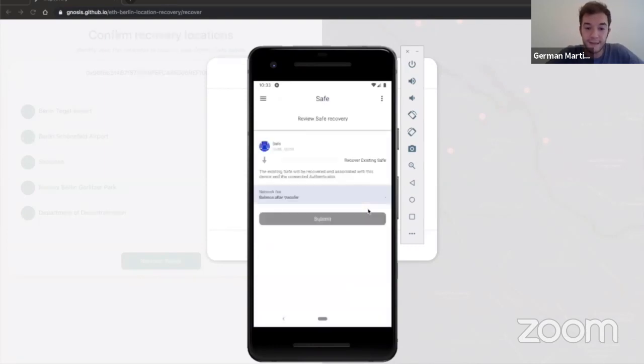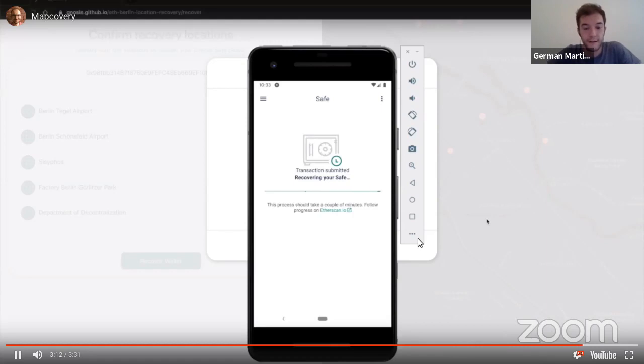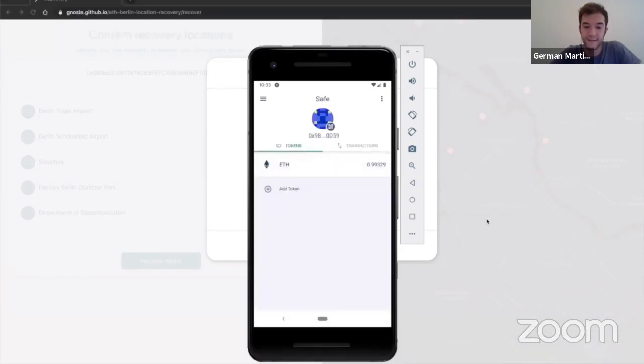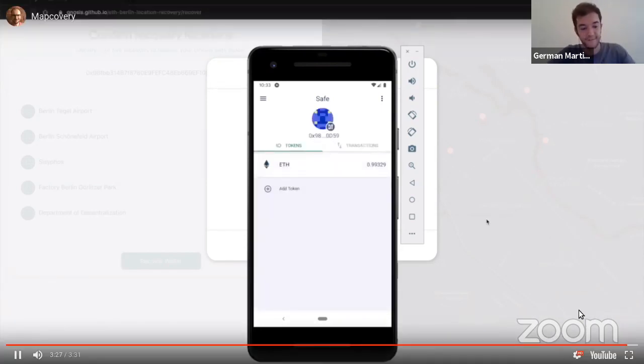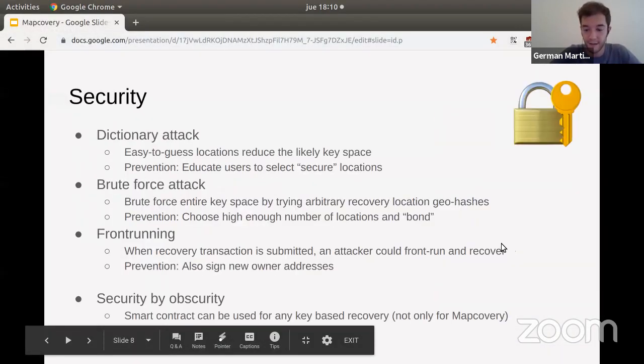And we will get access again after the transaction is done. It's taking a while. And there it is. So this is our demo.